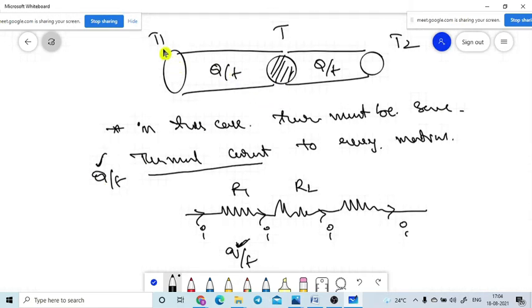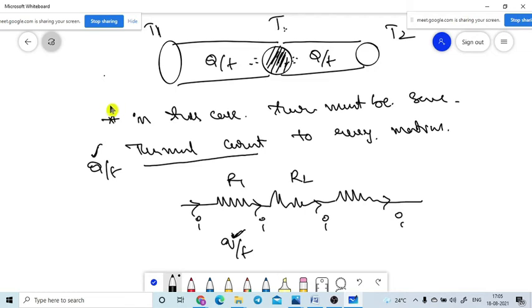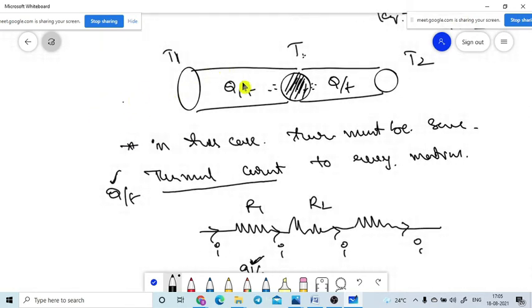Let me apply here. T1 is the temperature T. What I told you, they attain a particular constant temperature, so the two sides of the slab have the same temperature. How to get this temperature? Our goal is this one. So let me do this. We need to balance these two equations. What is this side equation? Tell me, write this side equation. Tell me this side Q by T value. K1, let's assume the area of cross section is A1. Here it is A2, here A2.